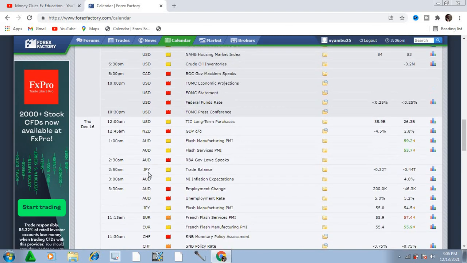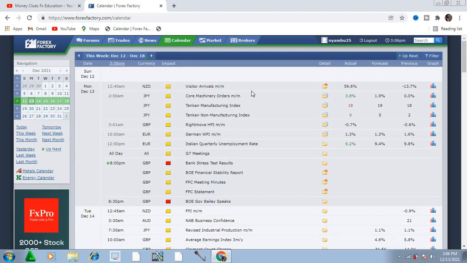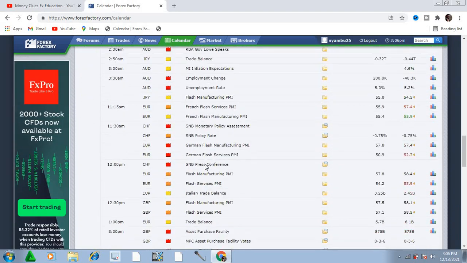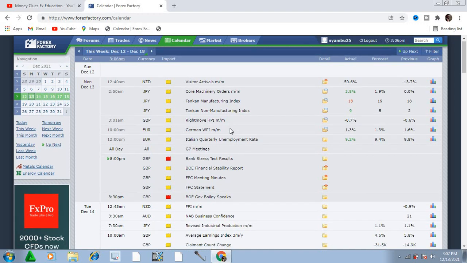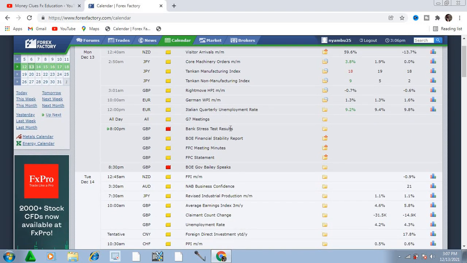So guys, I want us to sort all these because all these news, they're not effective to the markets. You understand? Like today it's Monday, and you can see we have news according to them. We have the core machinery, we have all this news on Monday in yellow color. They tend to be a bit effective. The red color, they are very, very, very effective news. They do manipulate the market. Let me use the word manipulating, showing how effective they are, because they're even able to change the trend of the market.